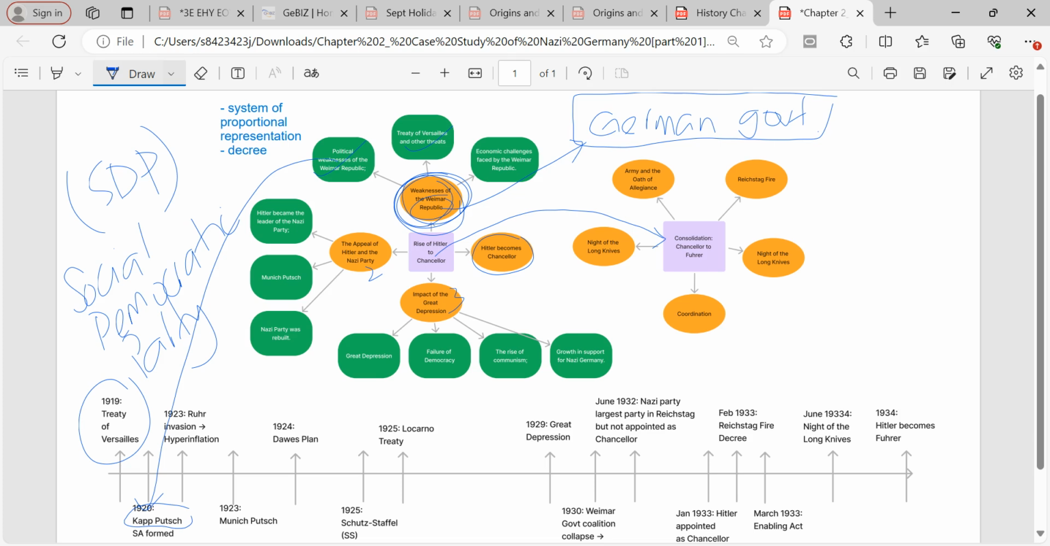Having to deal with people trying to overthrow you all the time makes it very hard for you to actually rebuild Germany. All right. So one, political weakness, and then the next one, economic challenges faced by the Weimar government. Of course, connected to the economic weakness would be the fact that they were burdened by